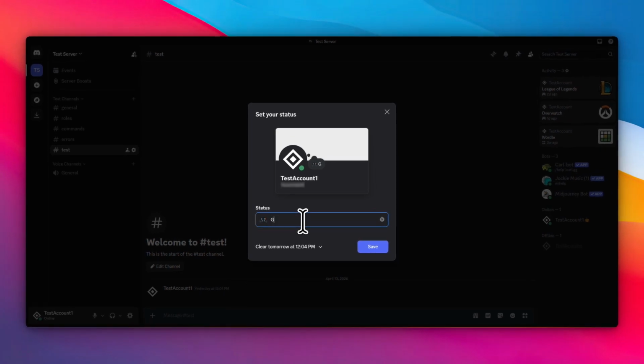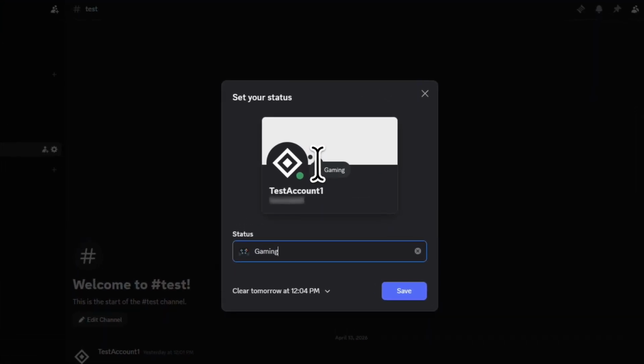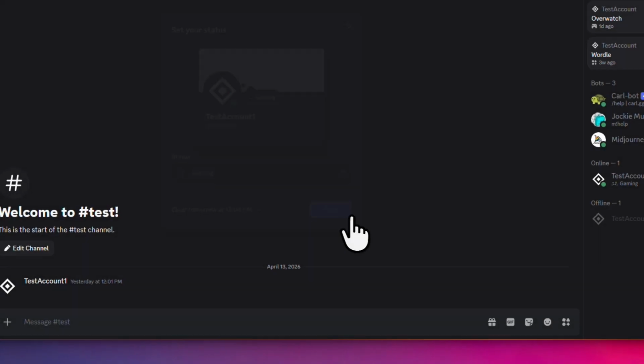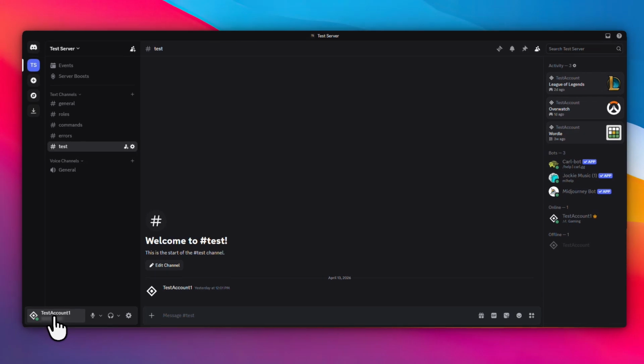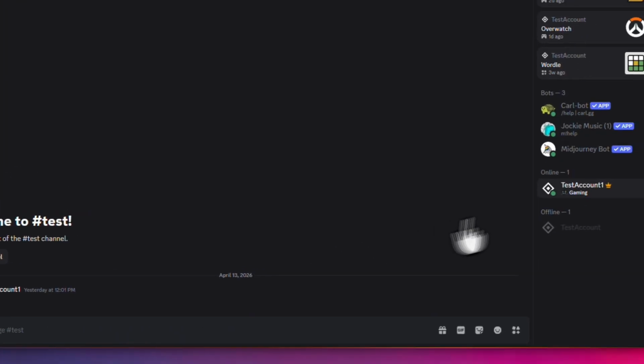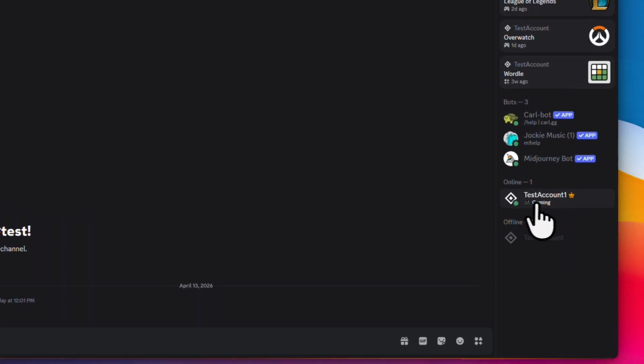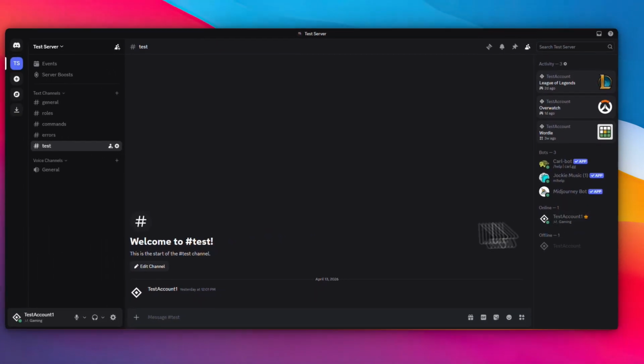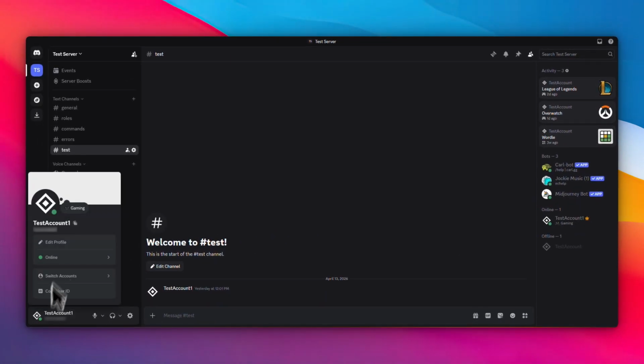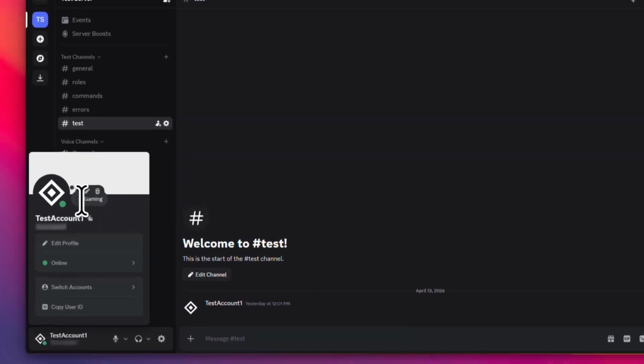If your interface looks slightly different, don't worry. The option to add a status will still be in that same small profile window, and the plus icon or a similar prompt will be right there. And there you go. That's all it takes. Click your profile at the bottom left, click the plus icon in the small window, add your message and emoji,